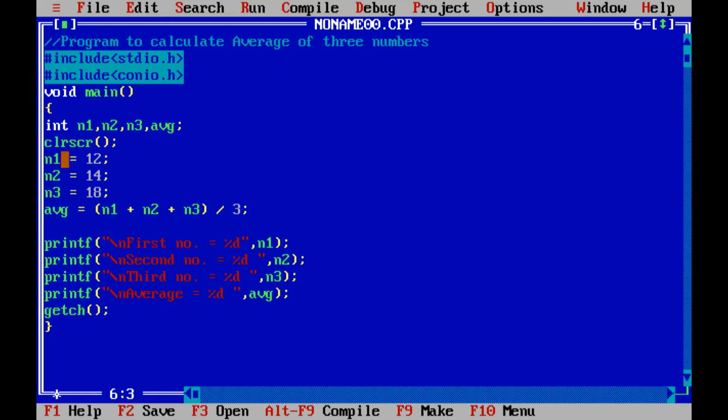Now see here, what is the procedural approach? The first thing I have done is declaration of variables. The programming question is to calculate the average of three numbers. Whenever we have to perform an operation like this, first of all we decide how many variables we need in this program.